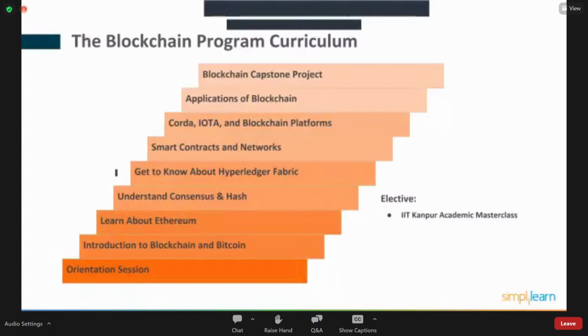And then we move into the other blockchain platforms and other areas having to do with Corda, IOTA, where we're looking at Internet of Things, and that type of extended blockchain application. Absolutely. Yes. These are the other platforms which we will explore as part of our program curriculum. Understanding what is R3 Corda, Internet of Things application.